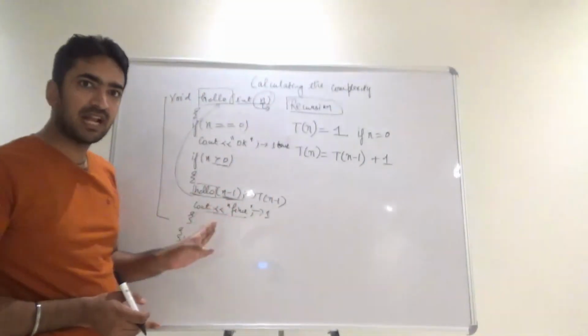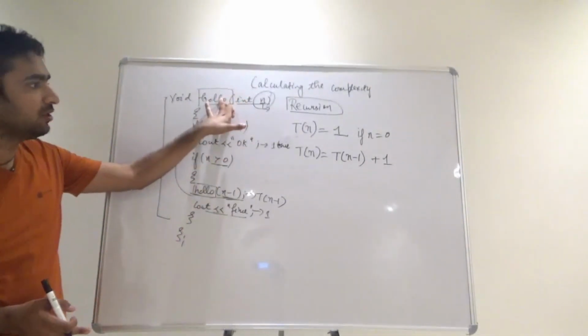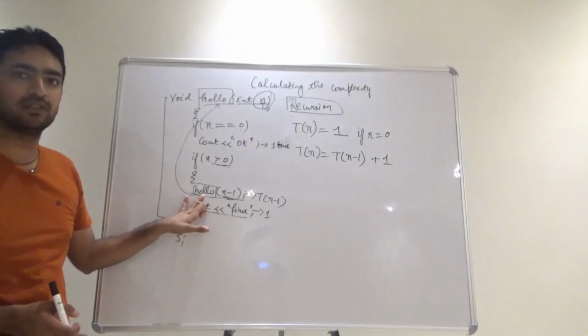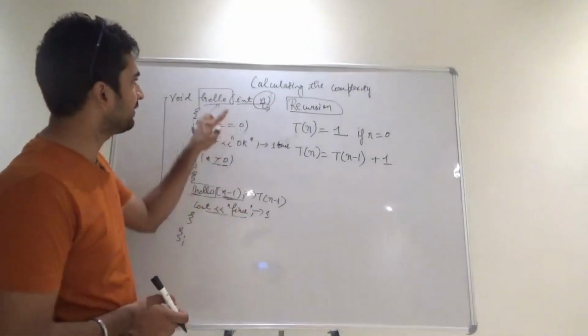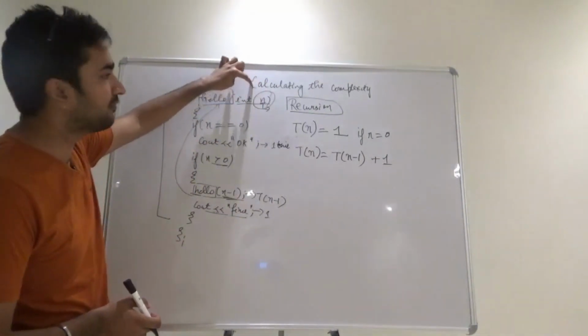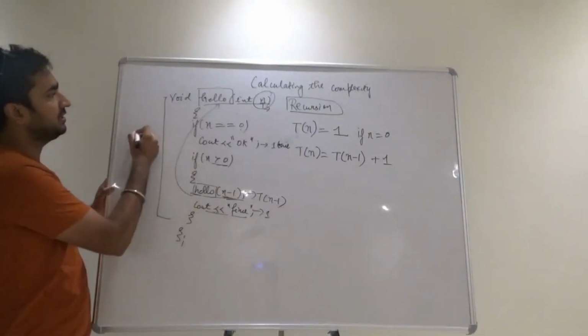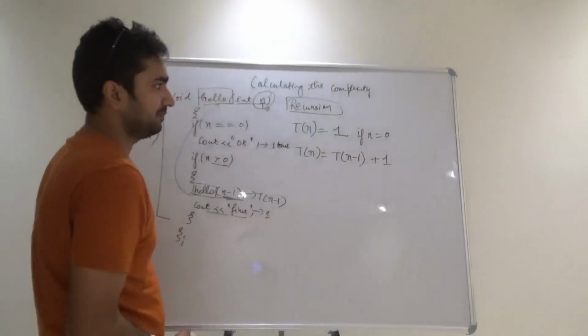Now the basic understanding of this concept is that we have a recursion function hello, and there is a hello n minus 1 coming over here. Again, we need to understand this thing. If this entire function is running for T of n times, then the call inside should be T of n minus 1. That's what we have written.